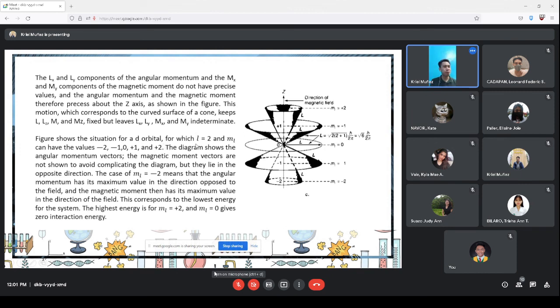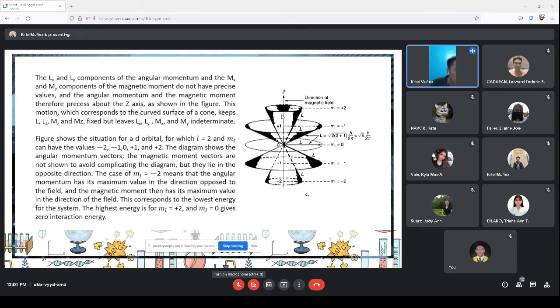For the orbital for which L is equal to 2, M sub L can have the values of -2, -1, 0, 1, and 2. So the diagram shows the angular momentum vectors. The magnetic moment vectors are not shown para lang hindi medyo complicating. Pero obviously, class, kung ang direction ng magnetic field natin is upwards, yung ating magnetic moment natin is upwards, yung ating angular